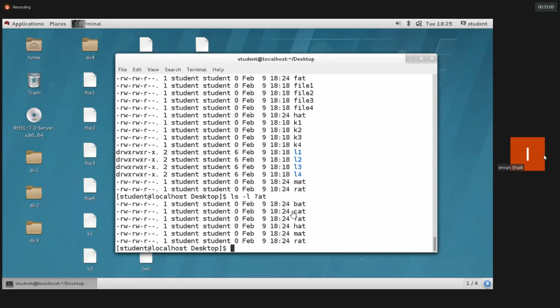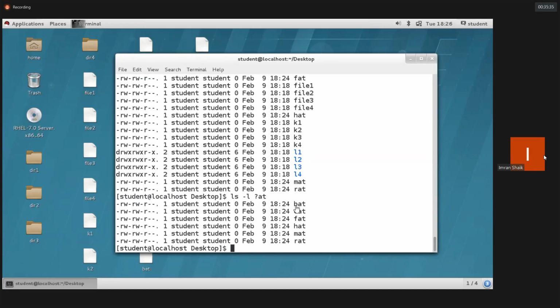Some people have some doubt now. Why do we need to provide the question mark? We have the star wildcard expression. Why not provide the star also? We can provide it, but the star is going to consider the entire word. For example, if I need to filter files with starting letter F, we should provide F star and then file1. All of these it is going to consider as star. But here I need not consider all the letters, I need to consider only one letter. The question mark will consider only one letter. It may be any letter.